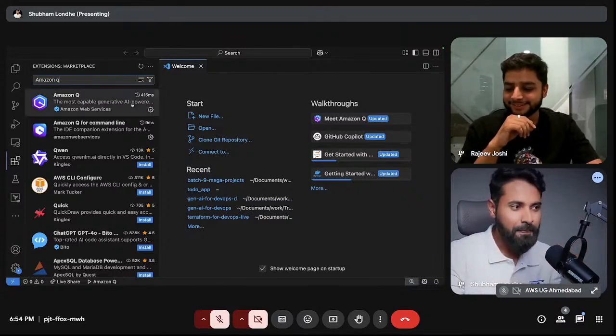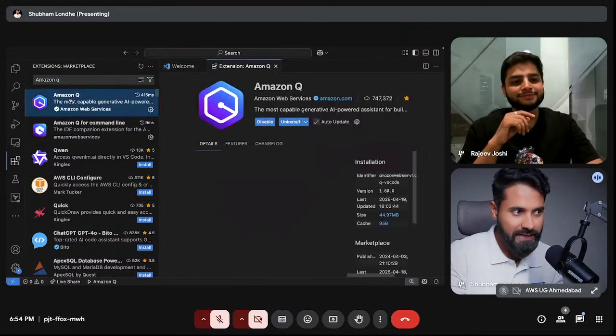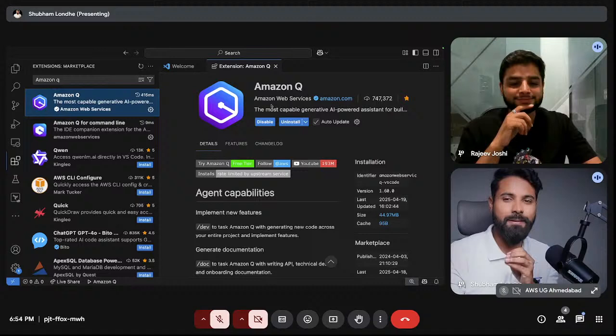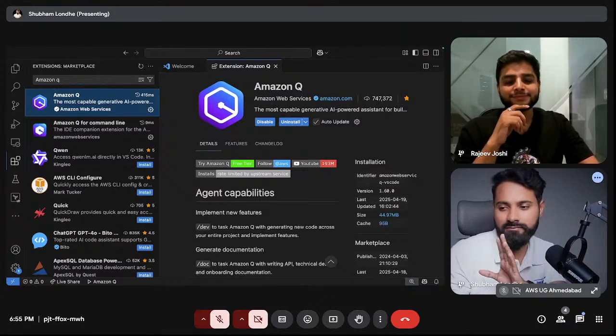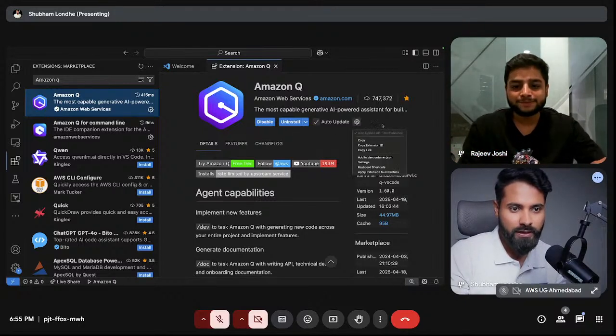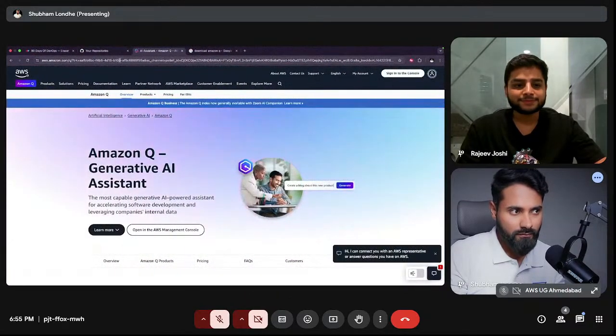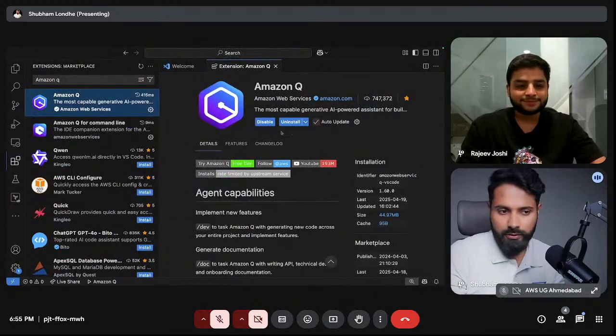You just have to go to your Visual Studio Code, go to Amazon Q, and just click on Amazon Q, which is the most capable generative AI assistant for building applications. Okay, amazing. I'll just copy this. A lot of booms. That's great.